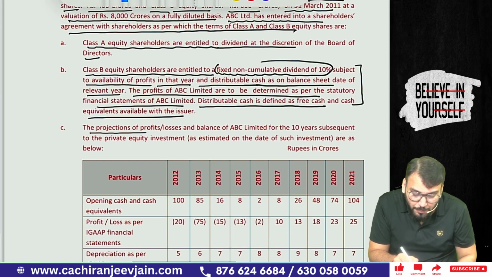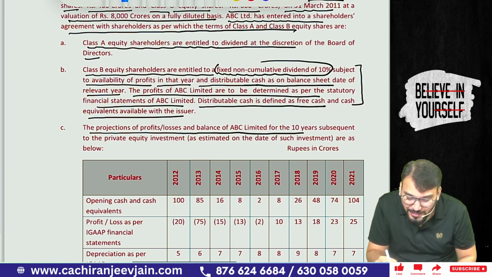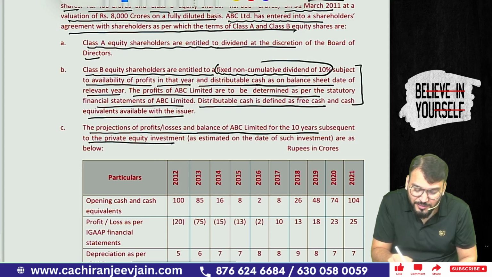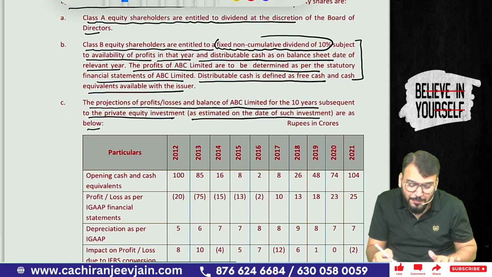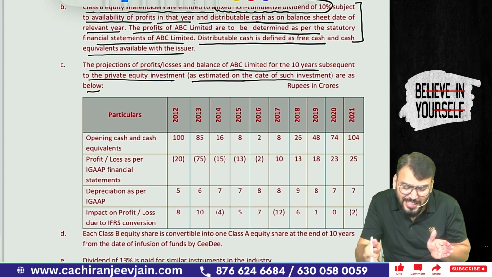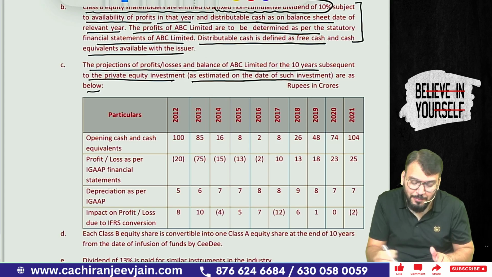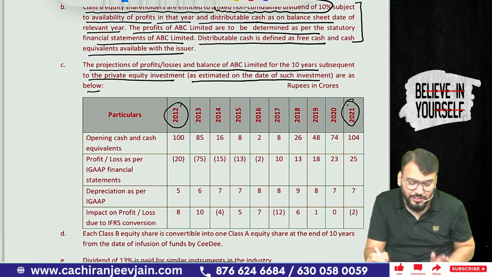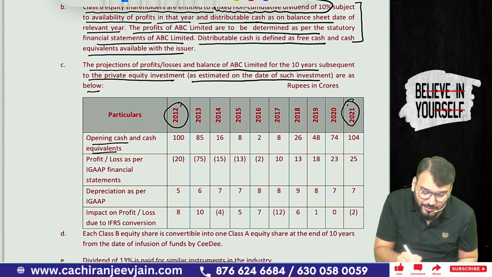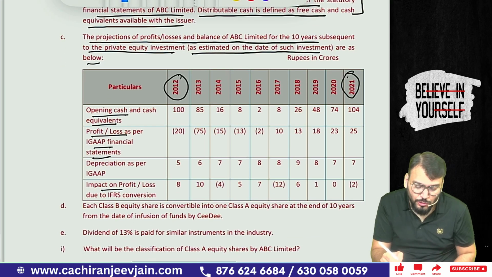The projection of profit or loss and the balance of ABC Limited for the 10 years subsequent to the private equity investment, as estimated on the date of such investment, are as below. They have given the projection for 10 years from 2012 to 2021, means future projection has been given: opening cash and cash equivalent, profit or loss as per financial statement, depreciation, impact on profit or loss due to